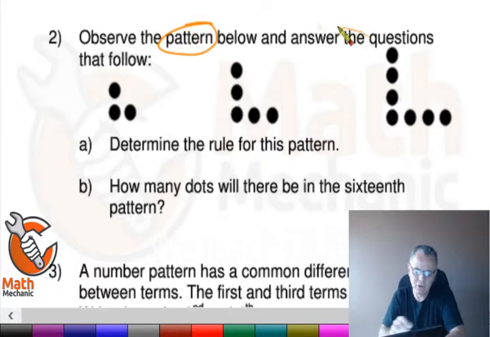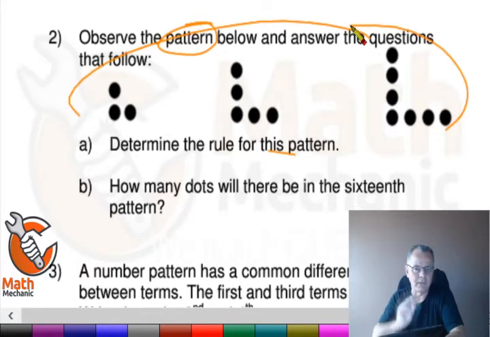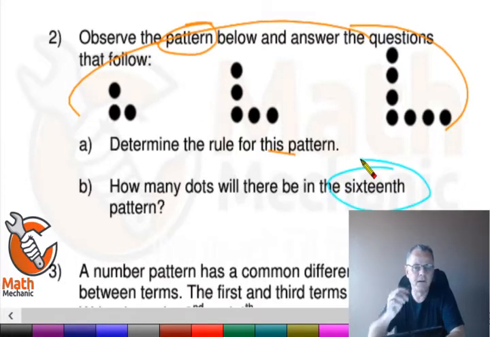And you need to take a look at those figures that you've got there, those diagrams, and change them into numbers so that you can follow the pattern or determine the pattern. And then you need to use the rule to find something way down the line. Because remember, you've only got the first 3 terms here. Typically, they would ask you just for the 4th term or the next term, but now they are asking you for the 16th term. So you need to be very precise when you calculate the various values, or when you